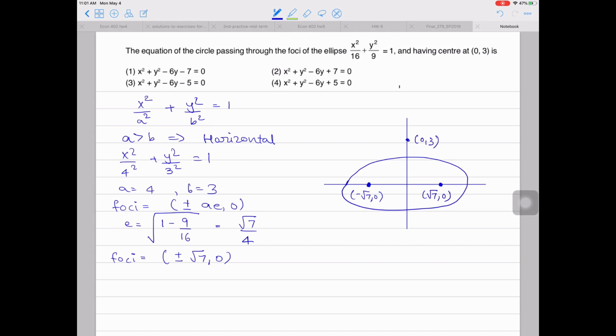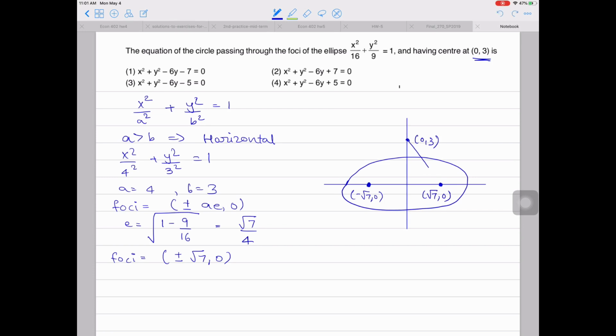So to find the equation of the circle, we need two things. We need the center and the radius. So the center is already given in the question, (0, 3). We need to find the radius. And we know that the circle passes through these two foci of the ellipse. So if we find the distance of this line segment,